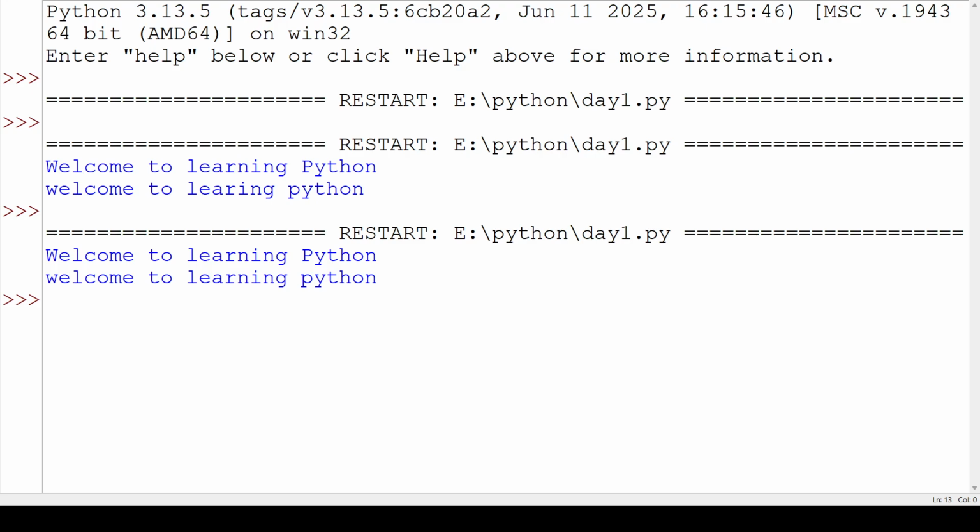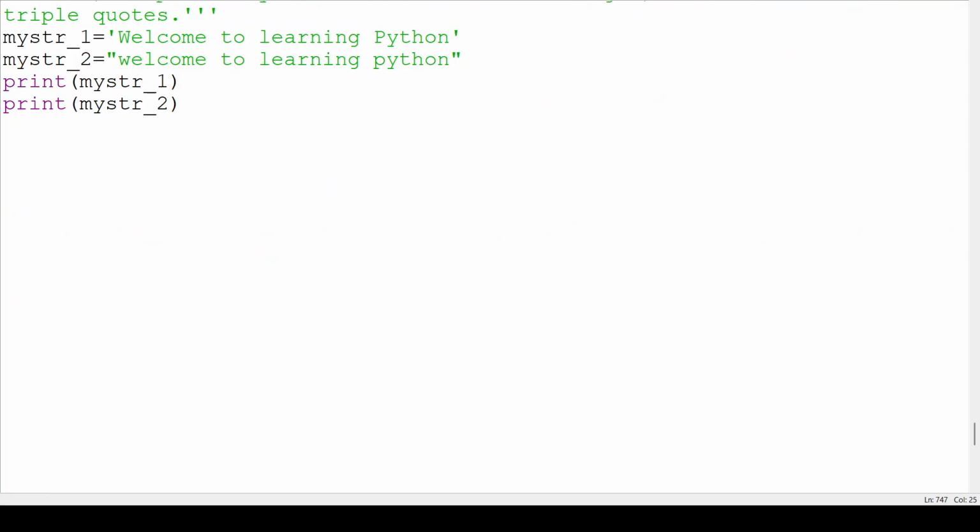These are considered the same. Let's move back to the coding part and check what happens if we use quotes inside these quotes. Let's do one more thing. In this itself, we add one more string, my_str_3 equal to. Let's use triple quotes. Inside this, we will use double quotes,